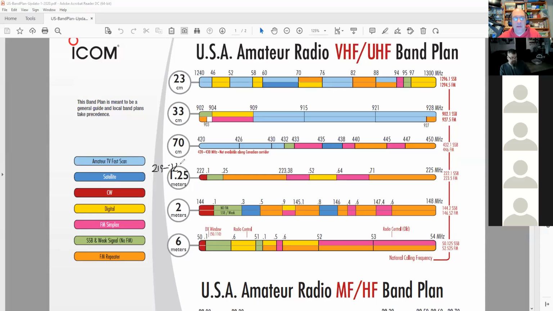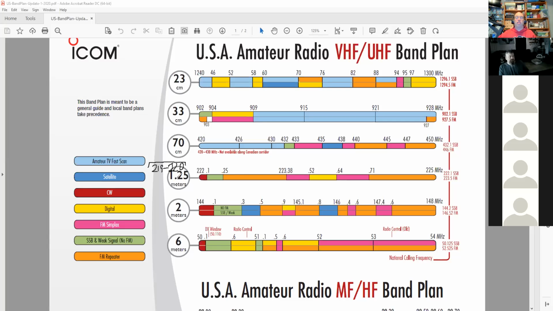This band used to be from 220 to 225, and it was always kind of an oddball band. Well, UPS said about 20 years ago or so, hey, we've got this package tracking system that we want to use VHF on. And so they basically agreed with the FCC that they would use 220 to 222 and give us 219 to 220. But because of the stuff that's already there,